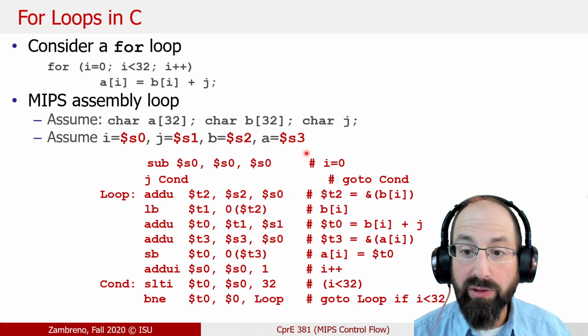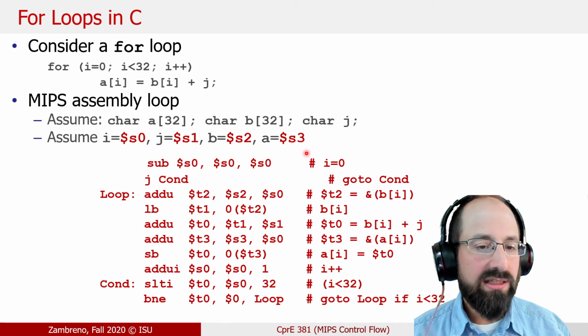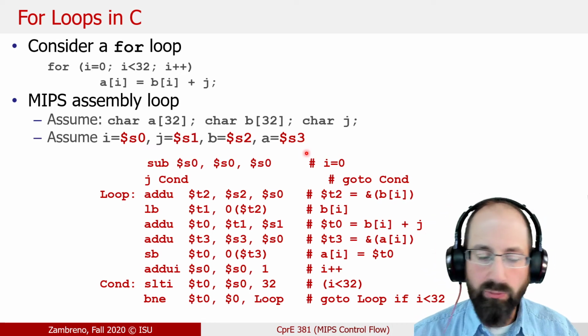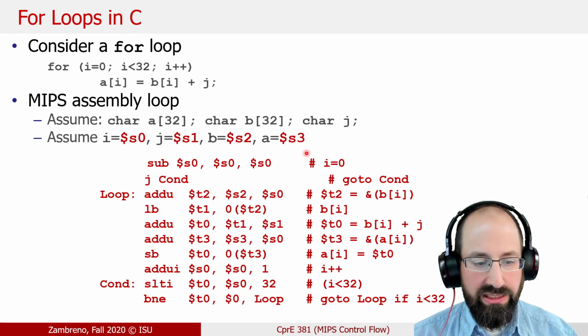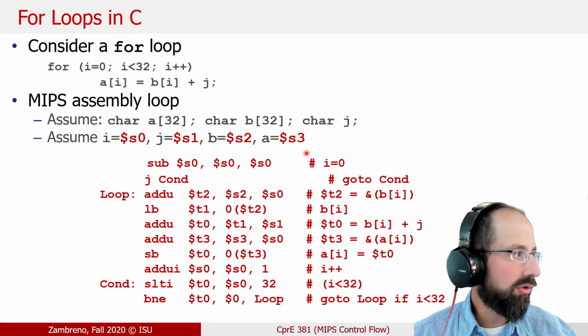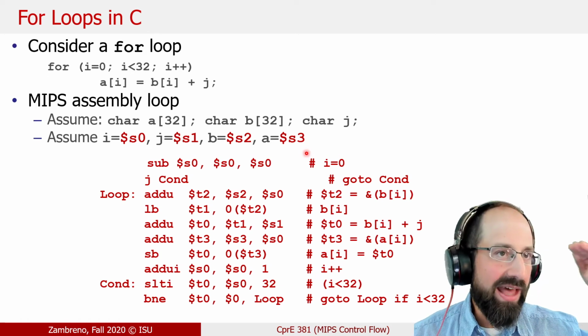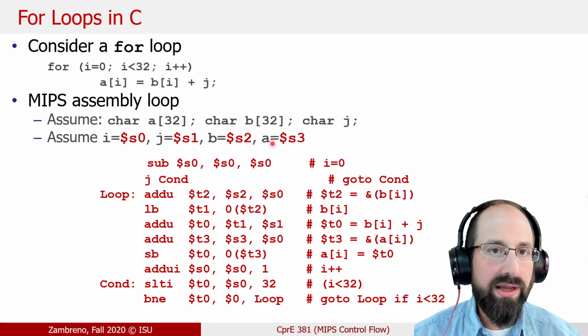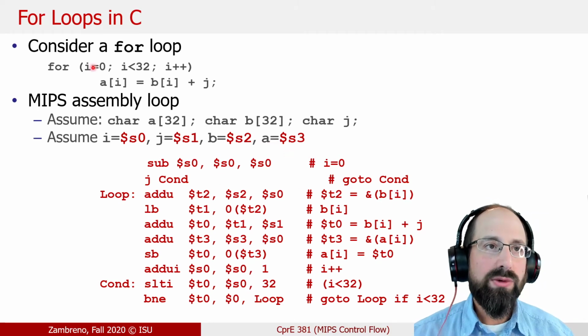And here is an example of one way we could do it. Sometimes these can be a little tricky to grade because there is more than one way we can do it. There isn't one guaranteed, only one correct way to map that C code to assembly. This is a pretty straightforward logical way of doing it, but there's other ways that would have been valid as well. So we have our for loop,